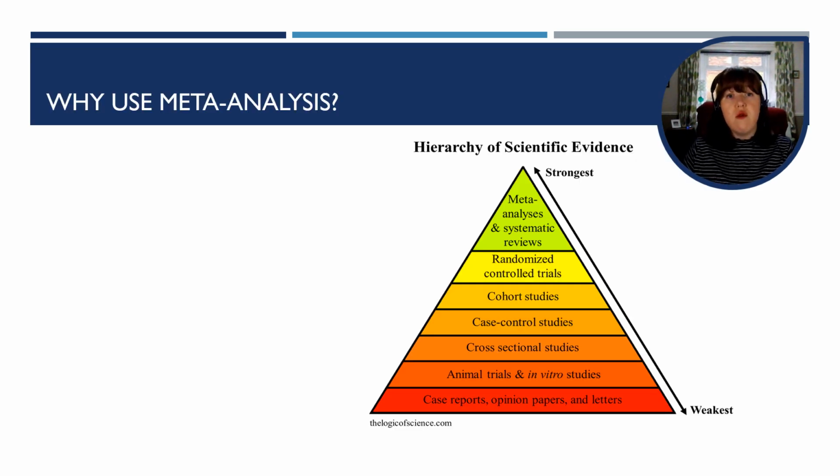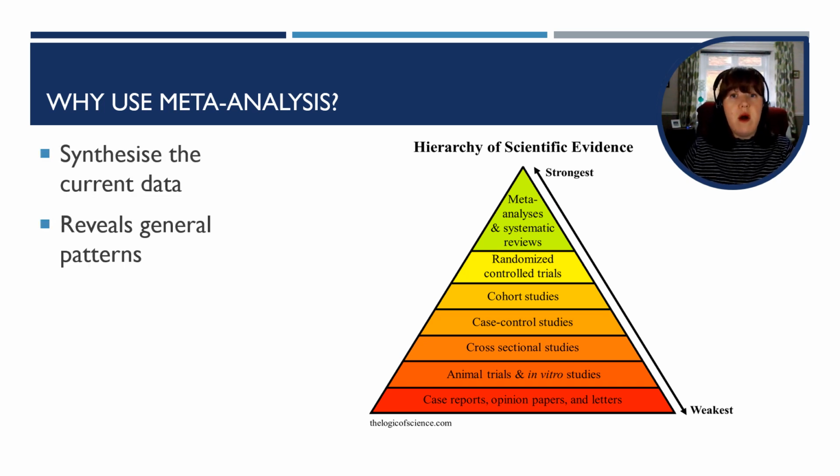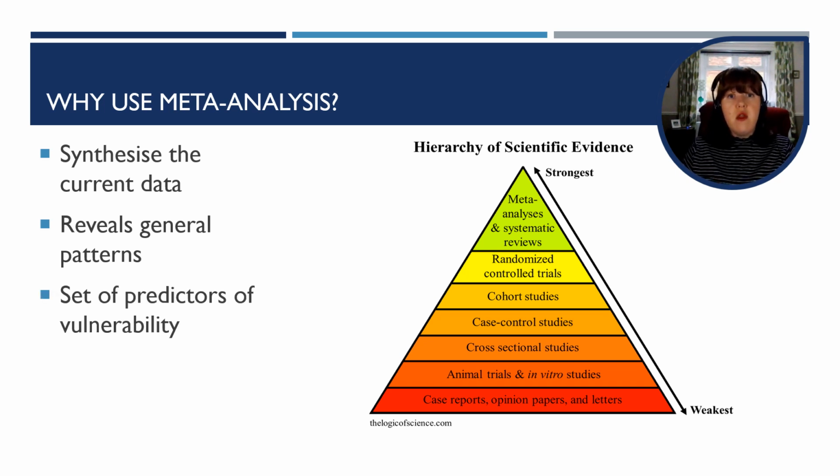Meta-analyses are useful tools to help us understand the effects of climate change on populations, as it allows us to synthesize the current data and reveal general patterns on how fertility traits are impacted by the changes in pH. The variety of responses within and between taxa suggests that ocean acidification is a driver for substantial change in aquatic ecosystems, potentially leading to long-term shifts in species compositions. Therefore, it is important to produce a set of predictor traits for the effects of pH changes on the aquatic animal fertility.